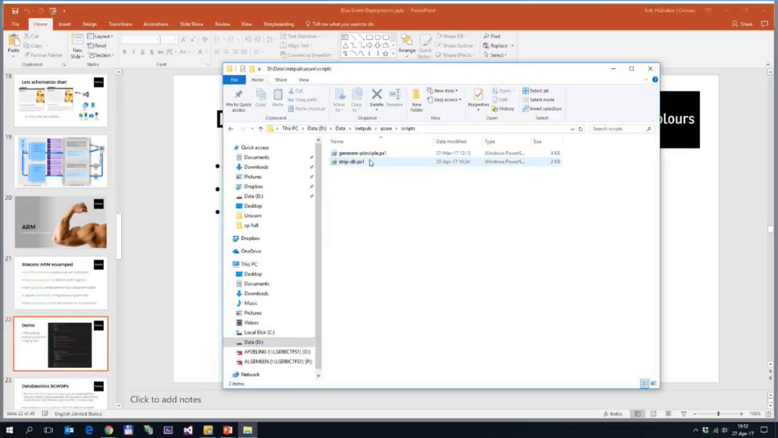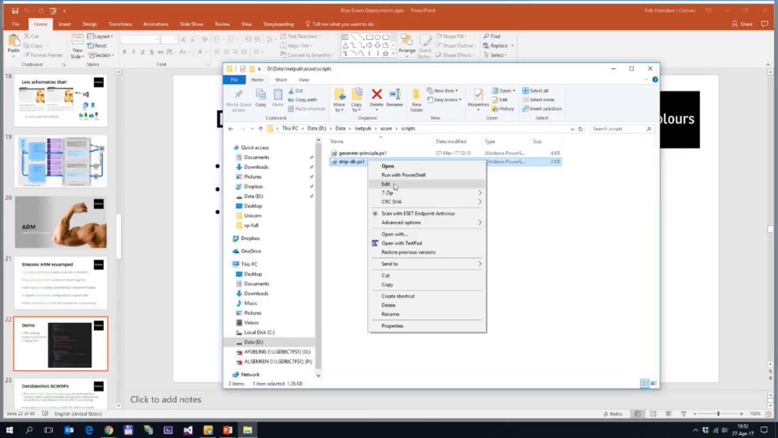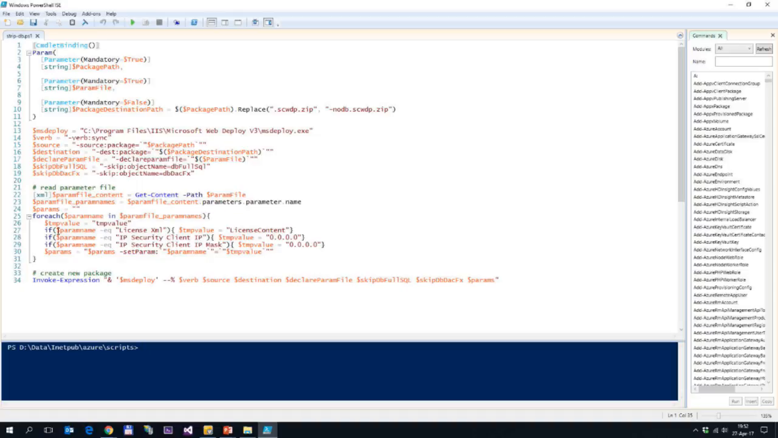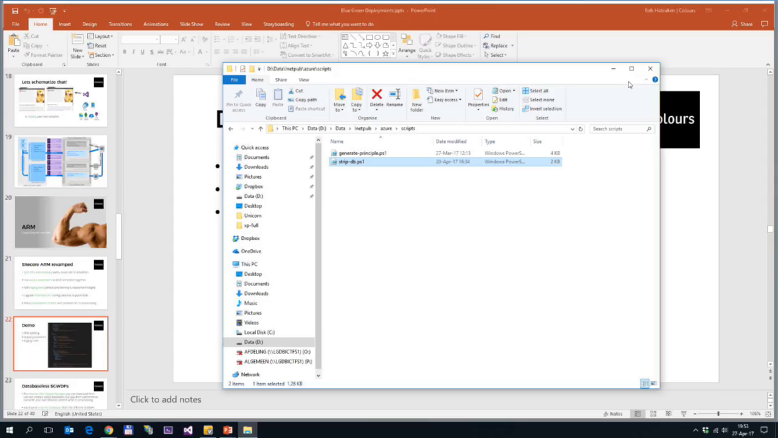So I have the script, stripdb. Going to open it. That's the script I showed in my slide, and it will populate everything with temp values except for the license XML, which is also replaced, and the IP addresses, because it needs to be an IP address, and then it invokes it. When you run this,